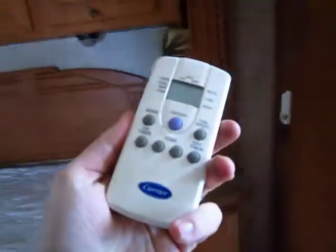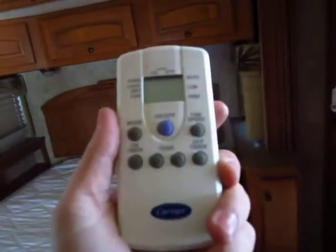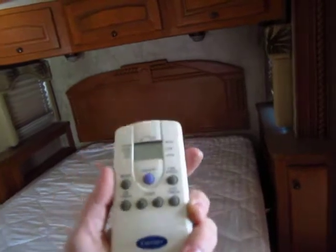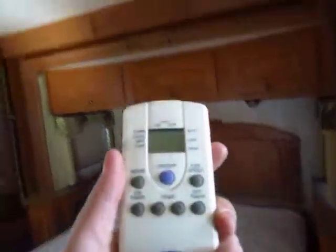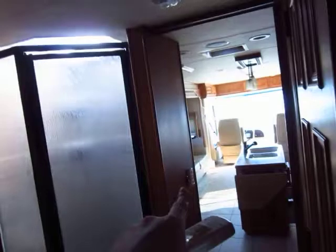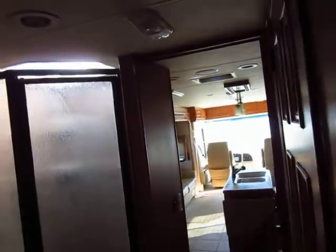What's really cool and interesting about this is something I really like. This has not 1, but 2 remote control air conditioners. This acts as your thermostat. So wherever you carry this, that's the area it's going to try to make that temperature happen. So this controls that air conditioner, which is centralized, and there's a matching unit on that wall right there that controls that air conditioner, which is also centralized. So both air units help support the coach. Very cool stuff. Passing forward here,